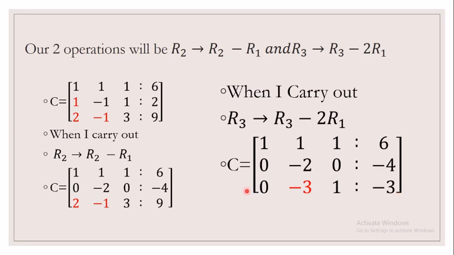Now just take a piece of paper and work it out yourself, whether you are getting this row or not. Please check. Okay, I hope you all got it. For that you can pause the video for a moment. Now is that enough? No, because when you observe here, the diagonal elements are 1, minus 2 and 1. So these two became 0. Now what about this minus 3? You will have to convert this also to 0.